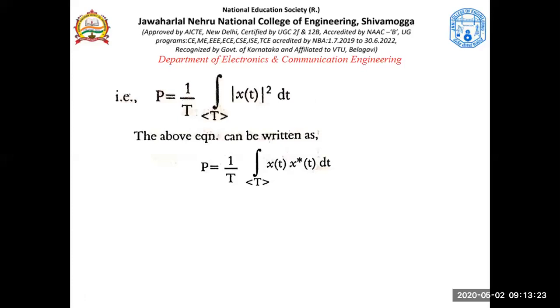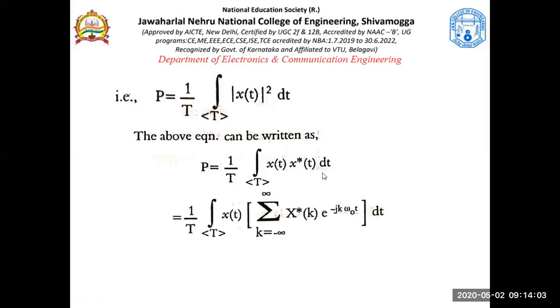What I mean is, if x of t is a plus jb, then the complex conjugate of x of t would be a minus jb. Whether j is plus or minus, both signals have the magnitude equal to square root of a square plus b square. The magnitude of this also is square root of a square plus b square. That's why both have the same magnitude. So it is magnitude square. Understand that? Now,